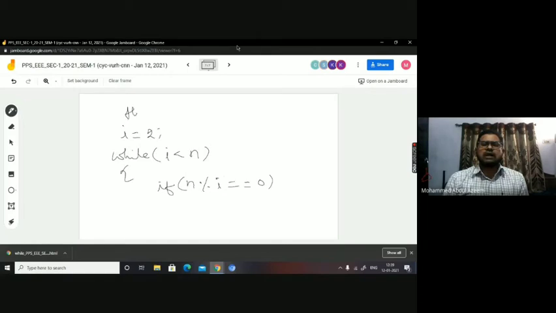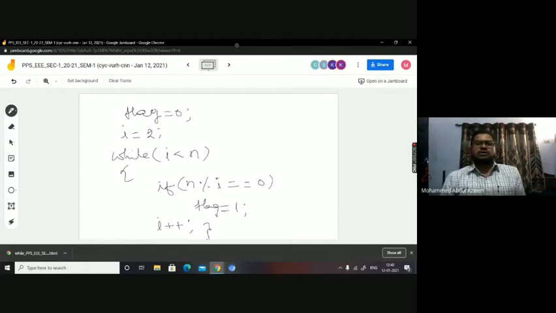So what I do is, I'll take a flag kind of variable, which is initially 0 here. If n mod I equals 0 at any point of time, it means that the number is not a prime. So what I do is, I will change the flag value to 1. Otherwise I will continue. But then the next number that I have to take is the increment of I, right? So I should say I plus plus. Then I should terminate this while block.